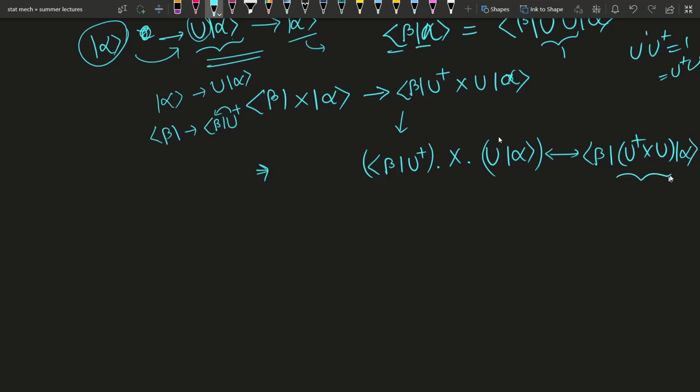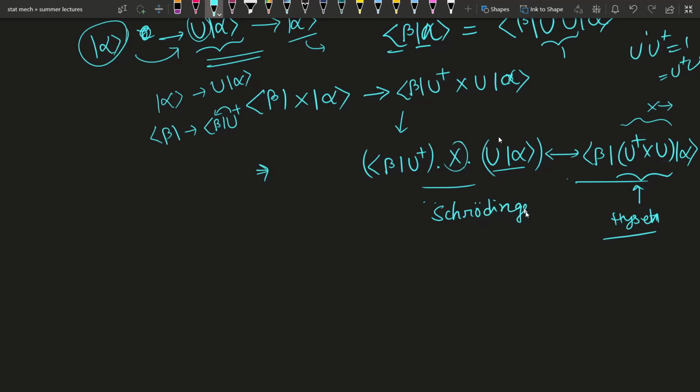Now you can see this is the Heisenberg picture, where the operator X is changing to this thing. But this is the Schrodinger picture, where the state kets themselves are changing but the operators remain the same. So you can see that these two things are mathematically equivalent, mathematically just equal, but there are two types of picture in itself, right? Schrodinger